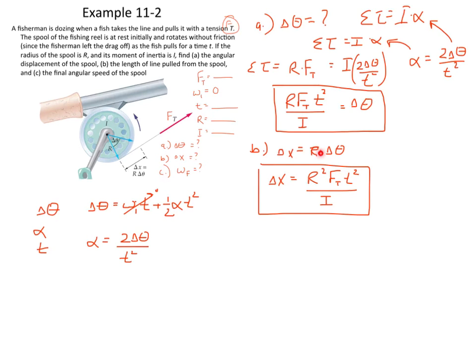All right, lastly, we want to solve for, and I hope I have enough space. If not, I'll just make some more. Part C, we want our final angular velocity, our omega final. Okay? Well, we know some things like time. All right, we know some things like angular displacement and so forth. We also happen to know,